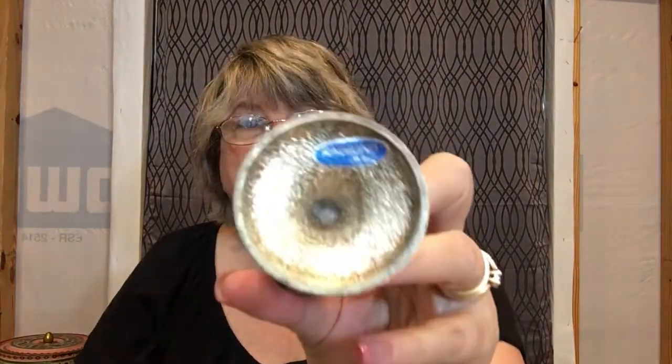The little cups come out for cleaning, and the bottoms are marked Raymond, R-A-I-M-O-N-D, Japan. I don't see any other. I haven't done a bunch of searching to see if there's any other marks on them, but let's see. I thought they were very cool. Now, is that not a fancy way to have a shot or an aperitif? You know, I thought they were cool. So there's a set of 8 of those,